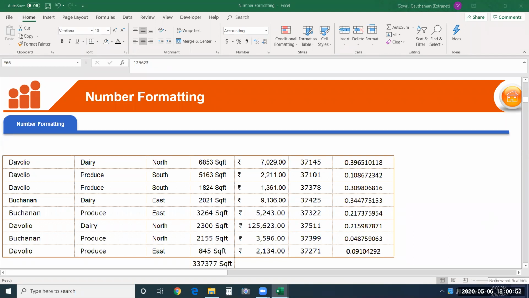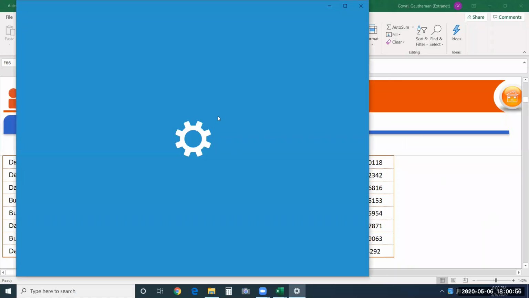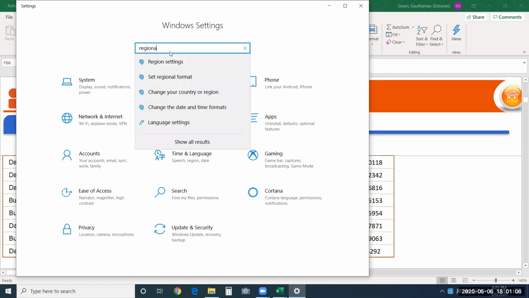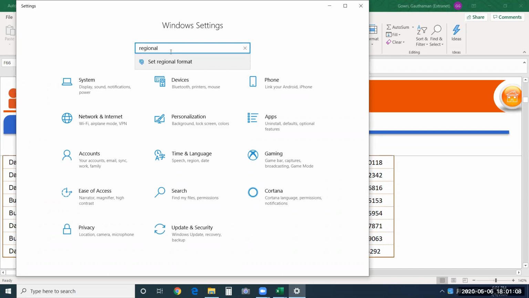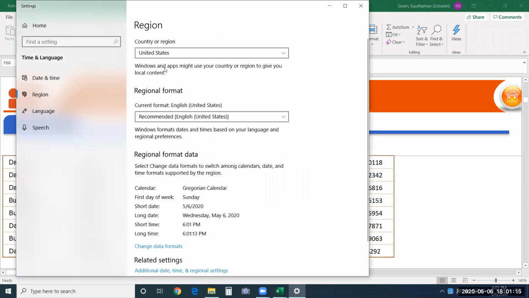You have to go to control panel, or you can also take settings from here. So you have to go to system, or you could also search from here. Just say regional, region settings. See here it says country or region as United States.